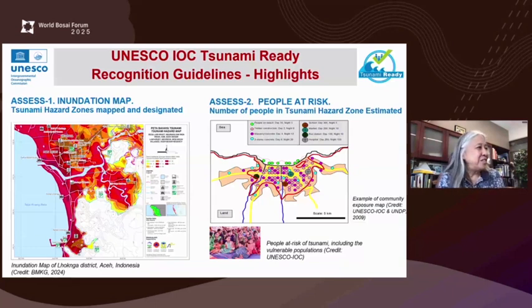So I thought I'd just spend a few slides and give you a taste of what these indicators are. Of course, the number one starting point, which this session is about, is having an idea of what the hazard is. So we do need that inundation map, and we also need the number of people at risk, whether under vulnerable populations, and other information of location and hospitals and things. So those are two of the indicators.